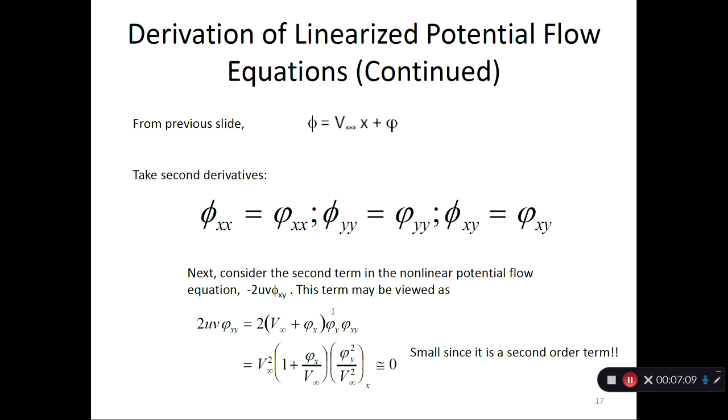So I can take this phi y inside and I can take this 2, it'll become phi y squared. Then I can divide by v infinity squared and multiply by v infinity squared. Well, then nothing has changed, and then I have 1 plus phi x over v infinity is the